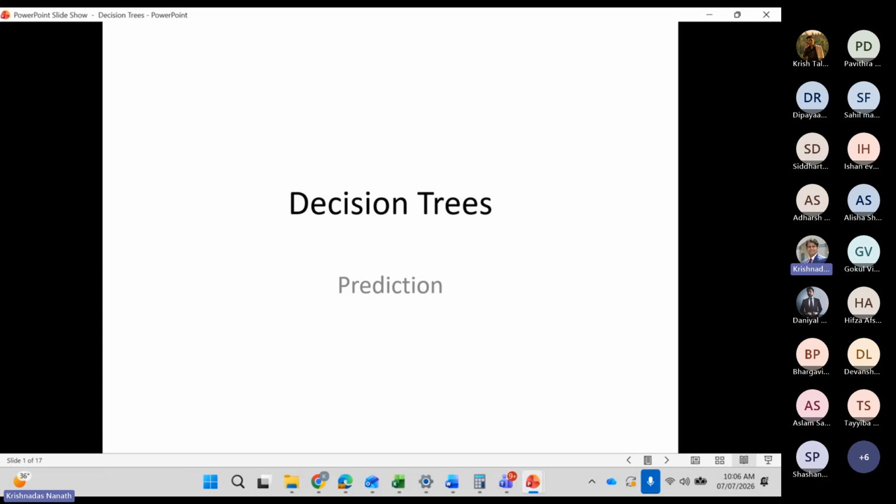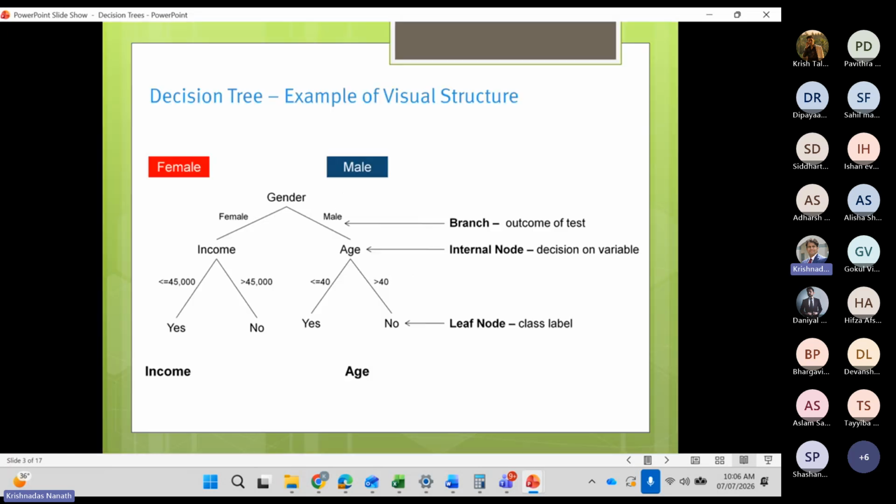We are all doing machine learning, right? Is there a different way to learn but still achieve the same objective? The answer to that question is a new algorithm called decision tree. Let me show you first how a decision tree looks, and then you tell me how it is learning. How is it different from logistic regression?